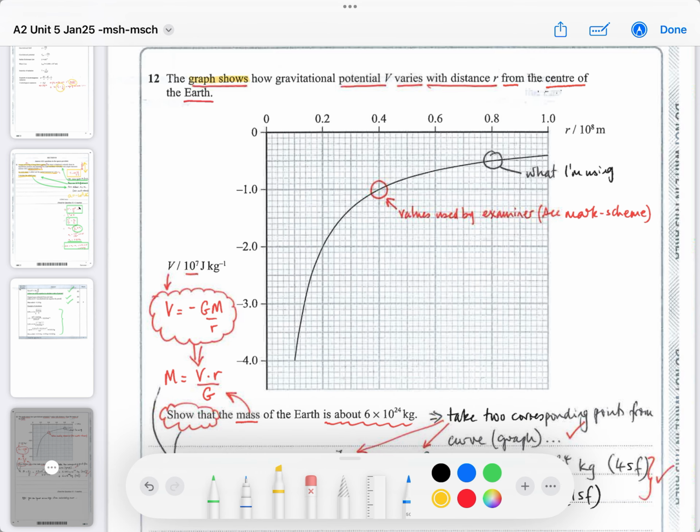The graph shows how the gravitational potential varies with distance, okay? From the center of the Earth, you'll notice that all the values of potential are negative, yeah, because the equation comes from V equals minus GM over r. So in other words, potential is always negative gravitationally. That shows, negative shows that gravity is attractive,